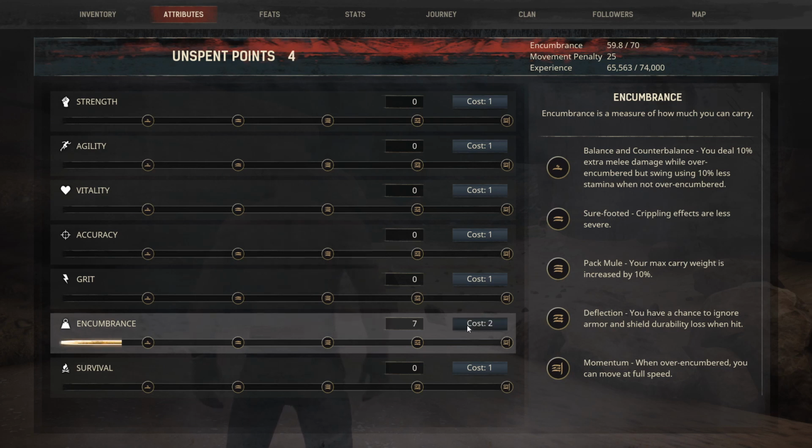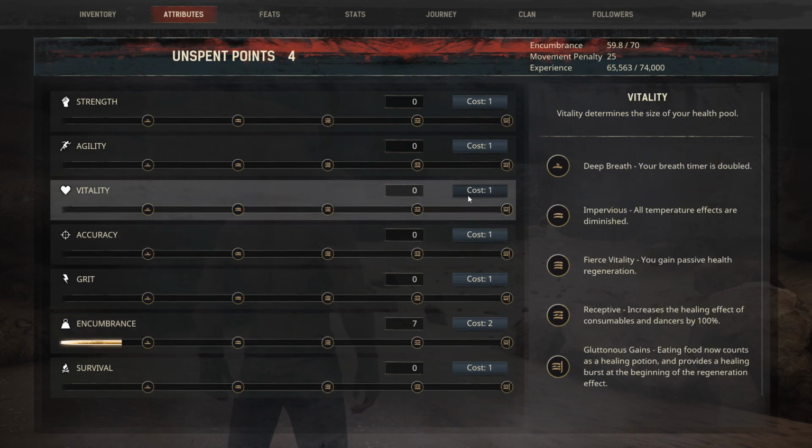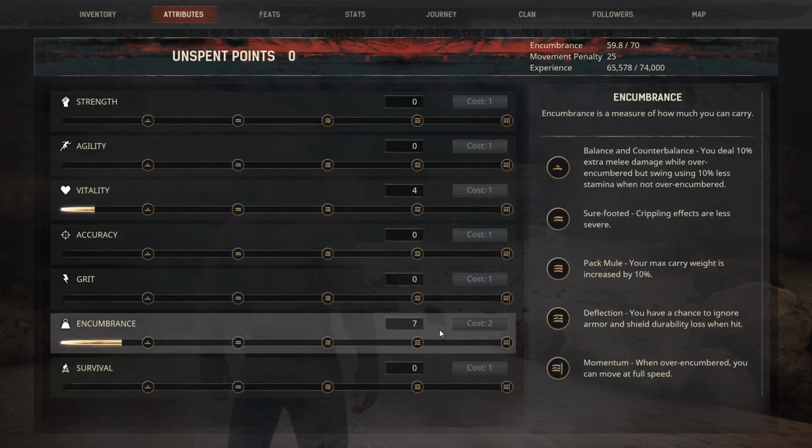So, real simple, I always say go for some encumbrance. It doesn't have to be super high, but I would suggest getting some into that. Maybe work on your encumbrance as well as some vitality. The purpose for that is there's going to be different builds that you can play if you want to go that far. But if you're looting all the time, eventually maxing out that encumbrance can not only help you out